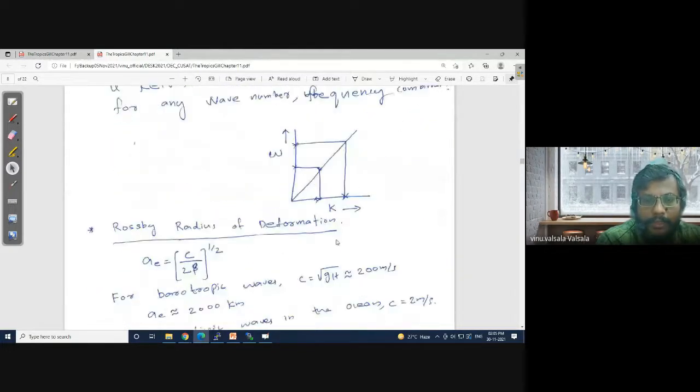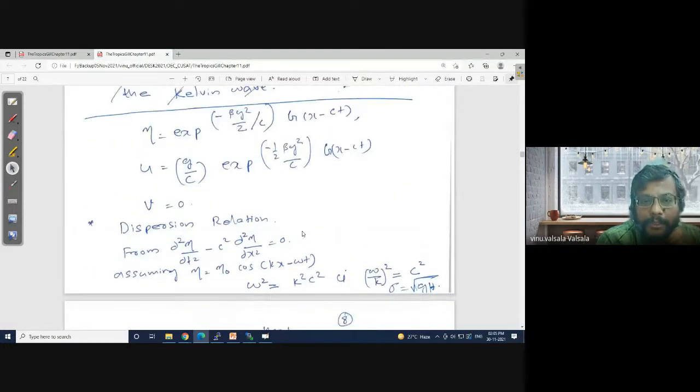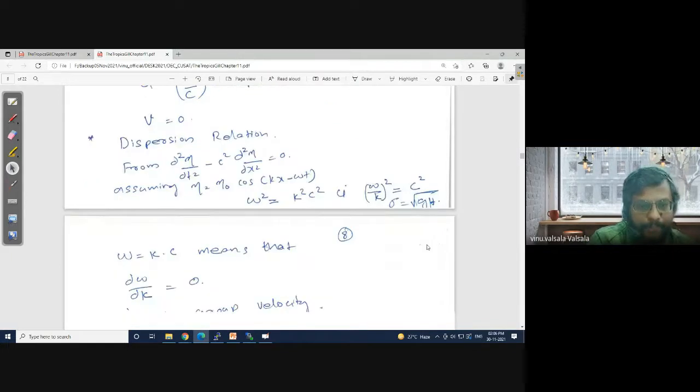So we have seen the dispersion relation of the Kelvin wave, which is ω = kC, where ω/k is the speed of the wave, which is equal to C. C equals the square root of gH. I think it keeps coming up again and again in our discussion, the square root of gH. We'll see the real concept of the square root of gH and how this is different from the speed of the wave, which we are going to see today.